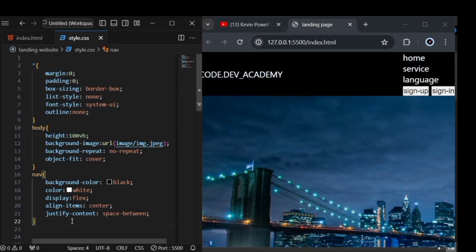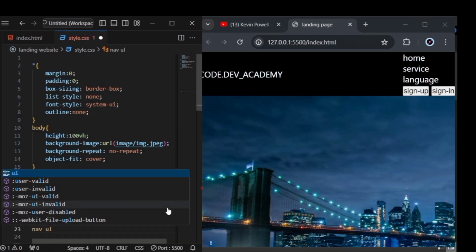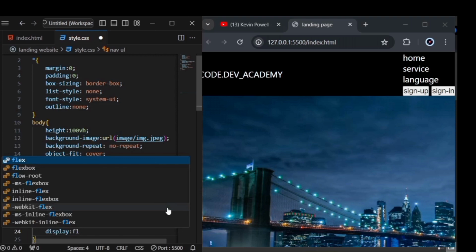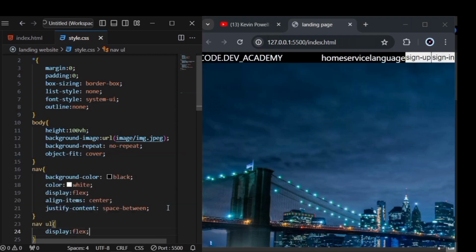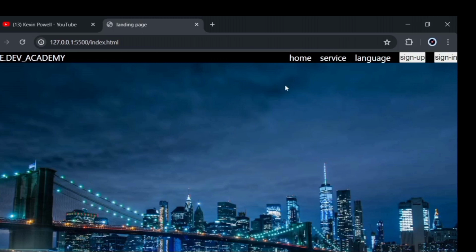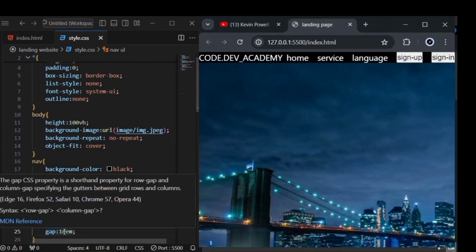So I'm going to come down and target my list items with this side of my items here. So I'm going to write now, and I'm going to target the appearance container, which is UL. So within this, I'm going to say display flex because now I want them also to be flex items. Now they are going to be flex items, and I'm going to say gap. I'm going to give space between them of 1 rem. Now I'm having space between them of 1 rem. If I open it in a beta page, this is actually all I'm having here. If I take it back to the normal page, or let me take it to be 0.5 rem,